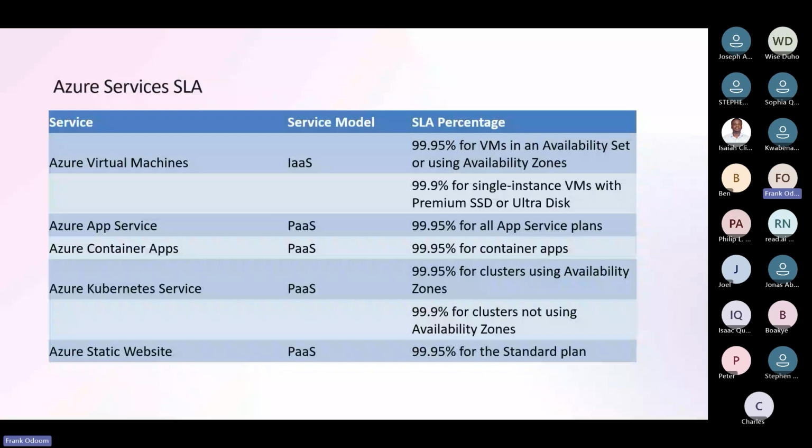Now, Microsoft is saying 99.9% for a single instance VM with premium SSD or ultra disk. So if you have a single instance VM that is using a premium SSD and ultra disk, your SLA percentage goes up to 99.9. So Microsoft is saying 99.9% of the time, I'm guaranteeing you an uptime. So you need to understand these things before you pick the service you want or before you configure your architecture